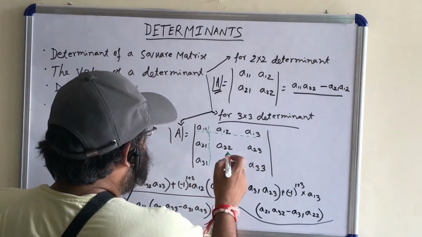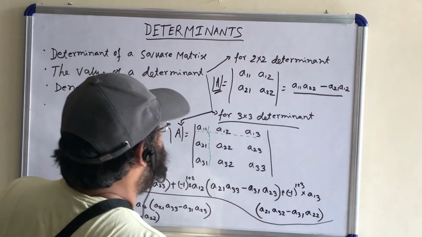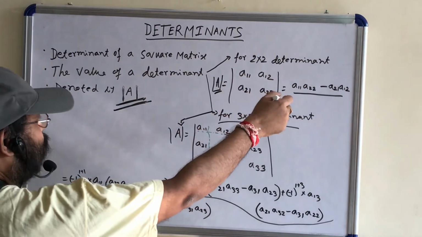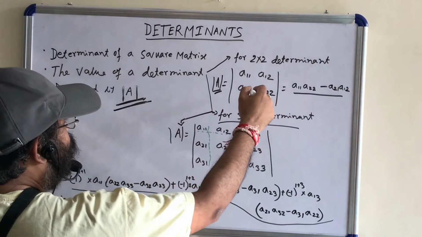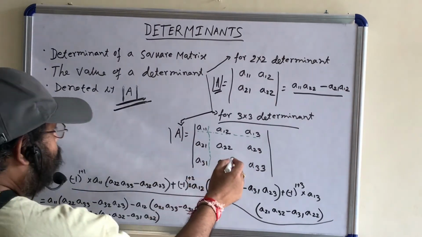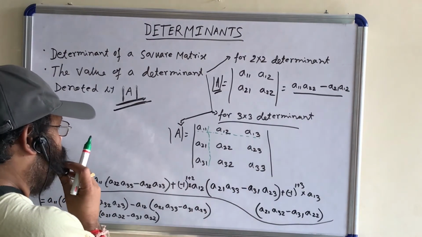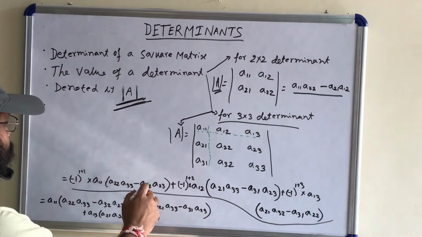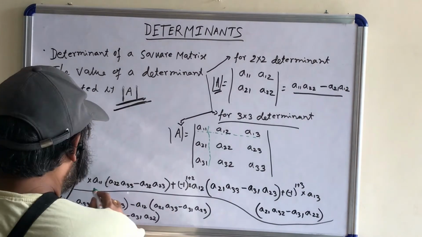What are we getting? We are getting a 2 by 2 determinant, that is A22, A23, A32, A33. We know the value of a 2 by 2 determinant, as I told you earlier; it is simple cross multiplication, A11 A22 minus A21 A12. So for this particular determinant it would be A22 A33 minus A32 into A23. That will be the first component.